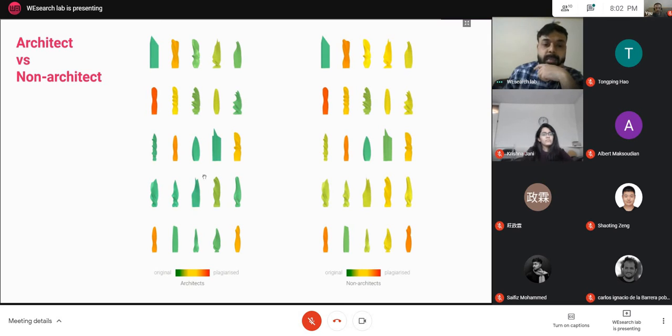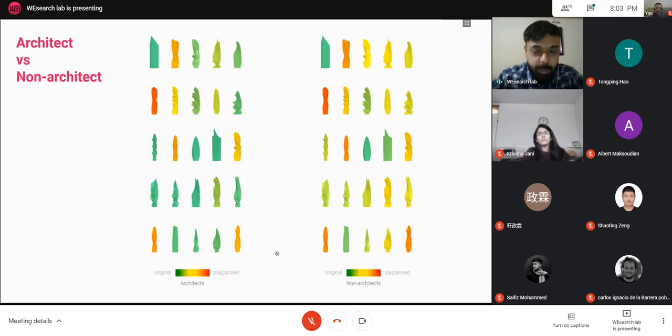If you compare the two images here, you notice that, let's say, in the second last row, most of the options are green, whereas in the case of non-architects, most of the options are yellow to yellowish green, which basically means that if you look at the legend at the bottom, non-architects tend to be more